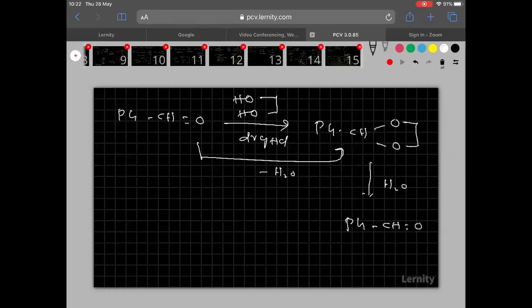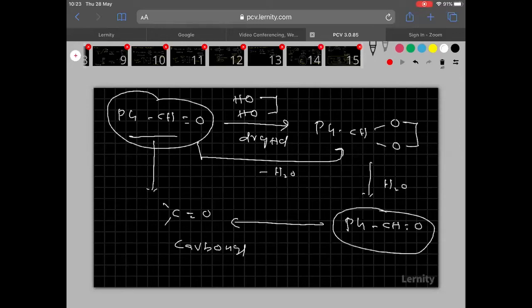Is it clear? So now you see in this one, C double bonded O group is there. Similarly, in this one also C double bonded O group is there. C double bonded O group is called as what? Carbonyl. So tell me now, carbonyl group as it is we got. That means now you tell me carbonyl group is protected or not protected? It is protected. Am I right? It is protected by the formation of what? Acetal. That means carbonyl group as it is we got, you see.